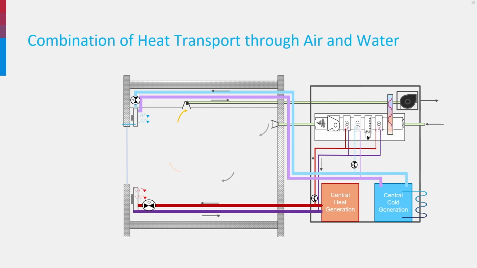In Europe, in general, we use a mixed configuration. The air handling unit is designed to provide enough fresh air, 36 cubic meters per person per hour, and this air is heated or cooled. As the airflow rate is not enough to maintain the building at the right temperature, a substantial part of the heating is done with the radiator below, and for the cooling, an additional cooler above. The central heat generator provides heat to both the water pipe for the radiator and the air in the air handling unit. The central cooler does the same.